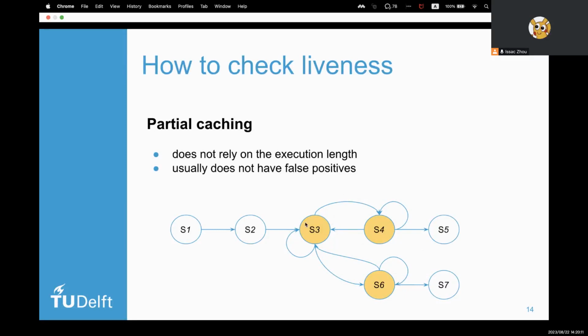For example, when we repeat this cycle, we see that the state is transitioned to S7 and it gets rid of a hot state, then we don't see it as a liveness bug. Otherwise, we can call it an infinite bug.